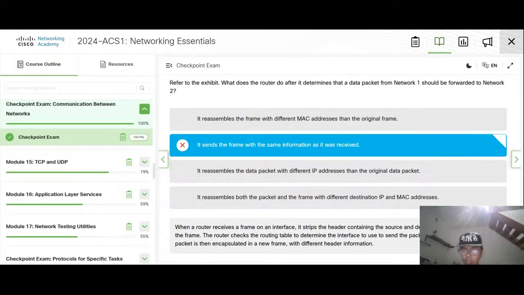It strips the header, the source and the destination, checks and sends it. New frames are reassembled. The frame only reassembles the frame, not the packet.